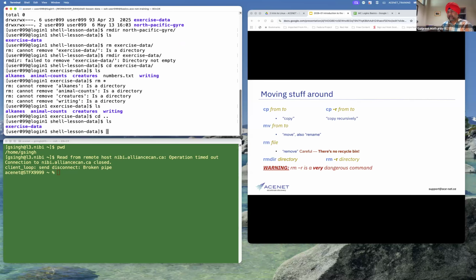I want to delete this exercise data, and we know that all four subdirectories right here, alkanes and the others, have files within them, and rmdir is telling me that this directory is not empty. Now, what I'm going to tell you is very, very powerful, but I would add a lot of caution to it. If you do rmdir star here, let me see.